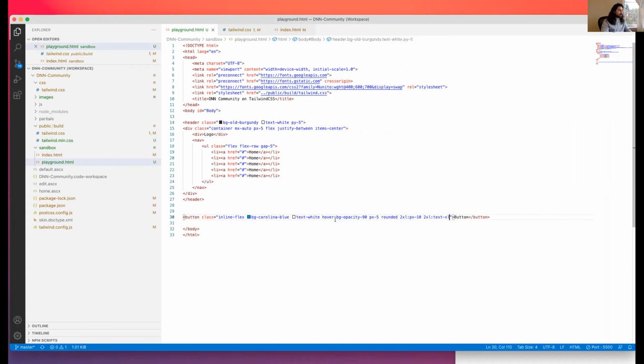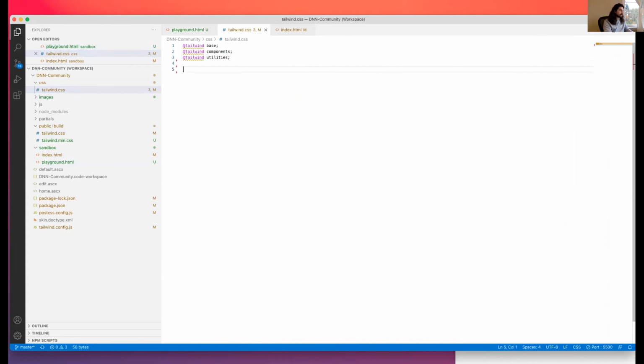If you don't want to use all these classes, like this actually makes kind of sense for buttons especially. What you would do is you would just open up your Tailwind and you use the apply directive. So actually, I think I have to do @layer base, and then you use apply. And I'm going to create a class called button, and then apply in here.